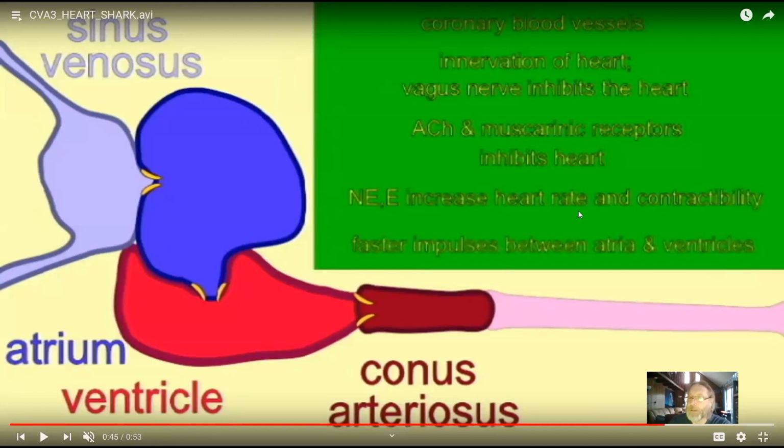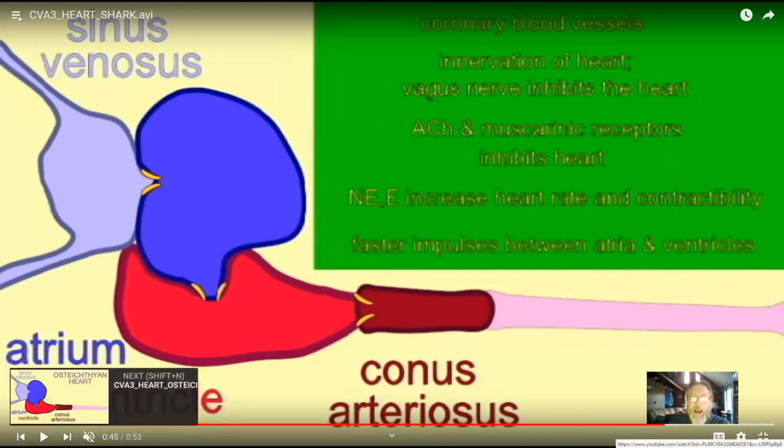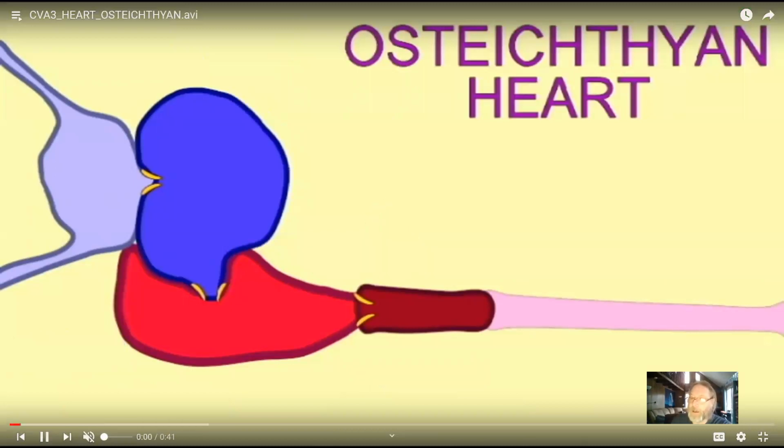Norepinephrine and epinephrine increase both heart rate and contractility, and there are faster impulses being spread between the atria and the ventricles. And so the shark heart is more like that of the higher vertebrates than those of